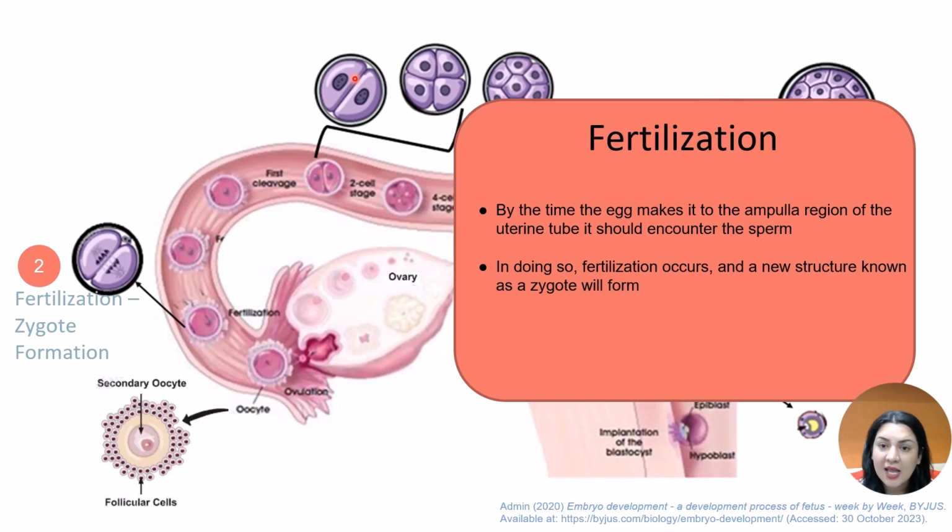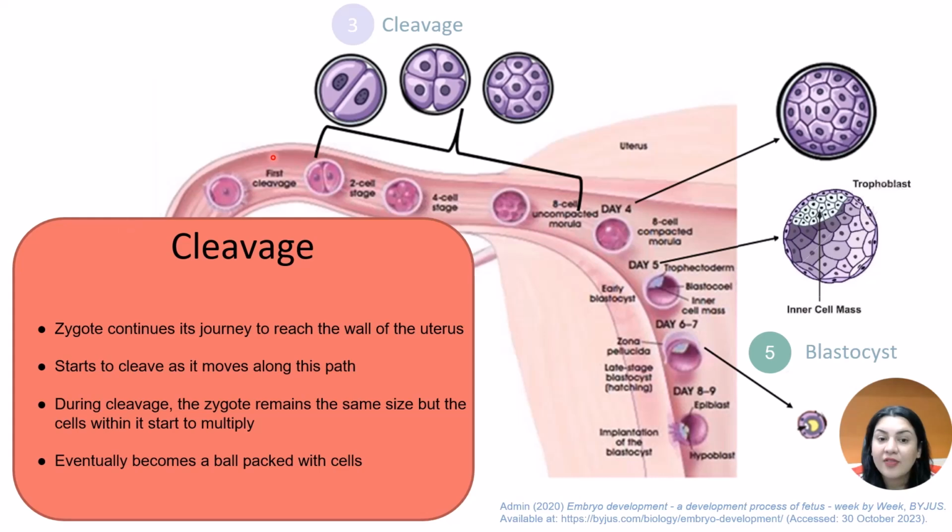Now, as the zygote makes its merry little way down the uterine tube, the cells within it are going to start to proliferate, meaning that the cells within it are going to start to replicate continuously all the time as it's moving down. So what happens next? Next, you have the process of cleavage. So as the zygote is starting to make its way down toward the uterus itself, it kind of goes from being a few cells to many, many, many cells. And this process of proliferation is